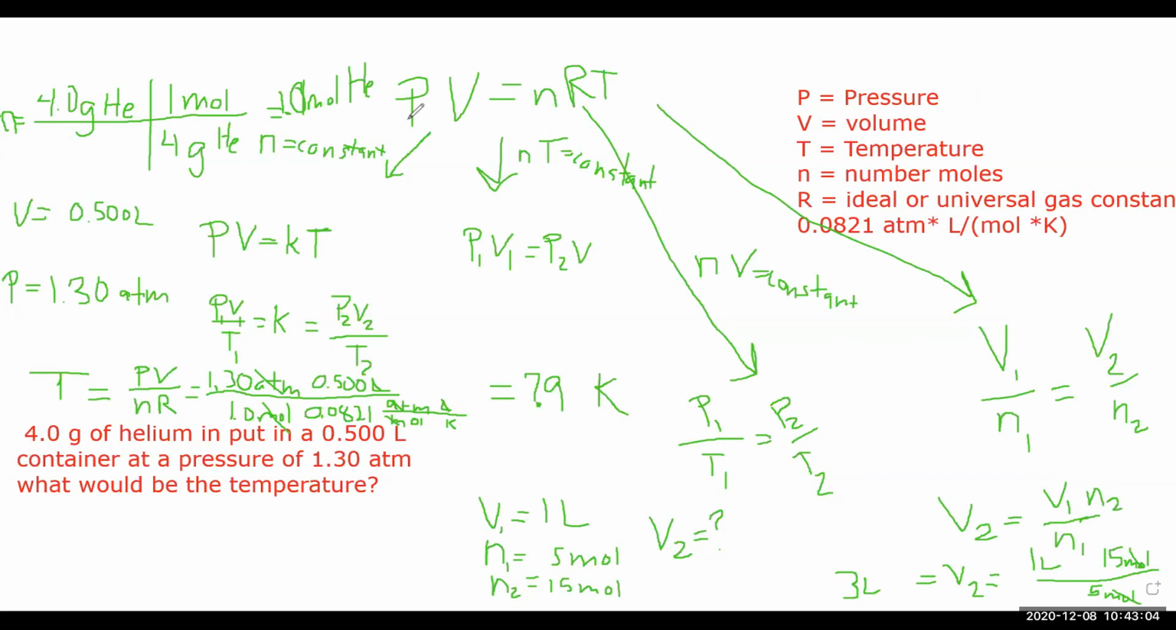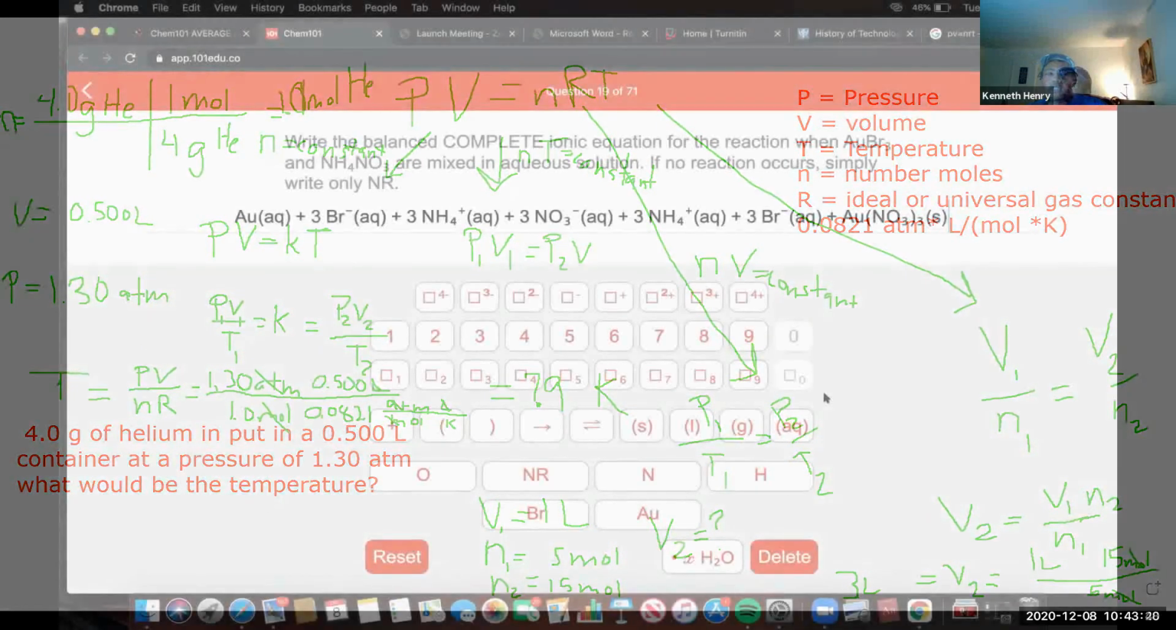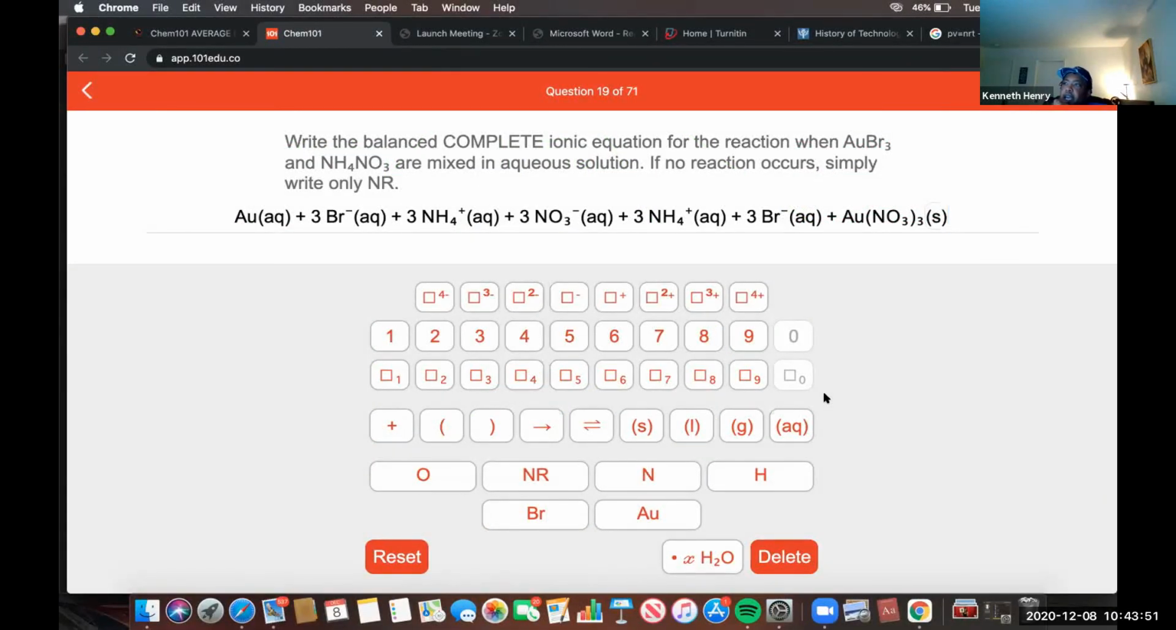I got a question actually. Yes. So there's a problem for homework. What was it? Homework 10. Okay. I tried it many times and I kept getting it wrong. So I just have a question on what I did wrong. Okay, so let's pull up that question. It says, write the complete ionic equation for the reaction when AuBr